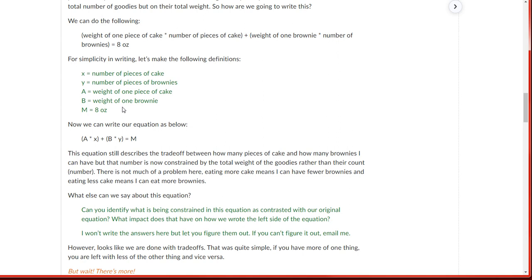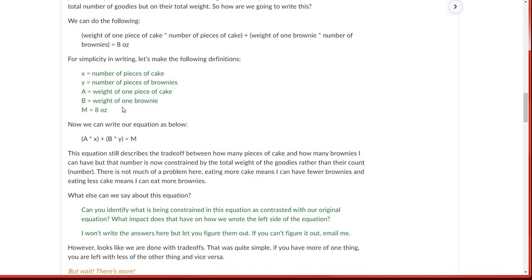Different kinds of cake may have different weights associated with each slice, or the slice size may be different. That's true. But in this case, we are not trying to find the weight of the piece of cake nor the weight of a brownie. We somehow already know that, right? What we're trying to find out is how many pieces of cake can I get and how many brownies can I get